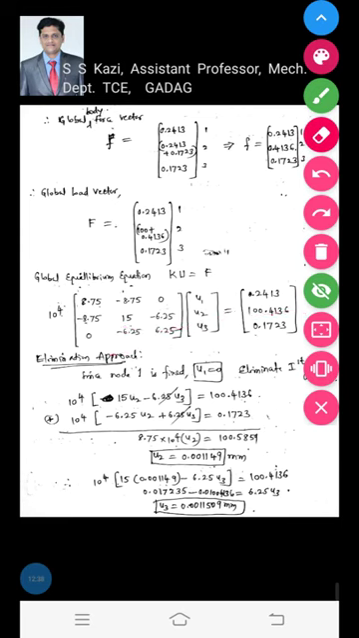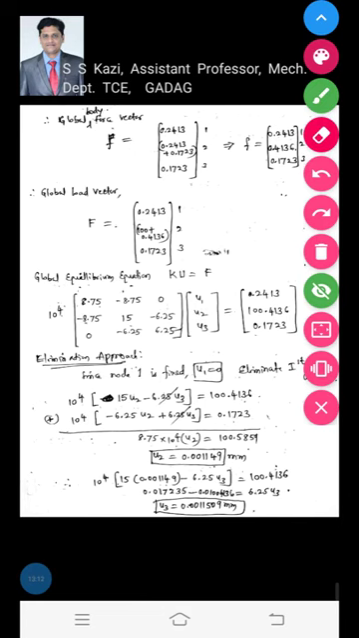Now 10 raised to 4 outside, 15 U2 minus 6.25 U3 is equal to 100.4136. Next equation, minus 6.25 U2 plus 6.25 U3 is equal to 0.1723. That is 10 raised to 4 outside, which is the common factor. Now next we'll go for